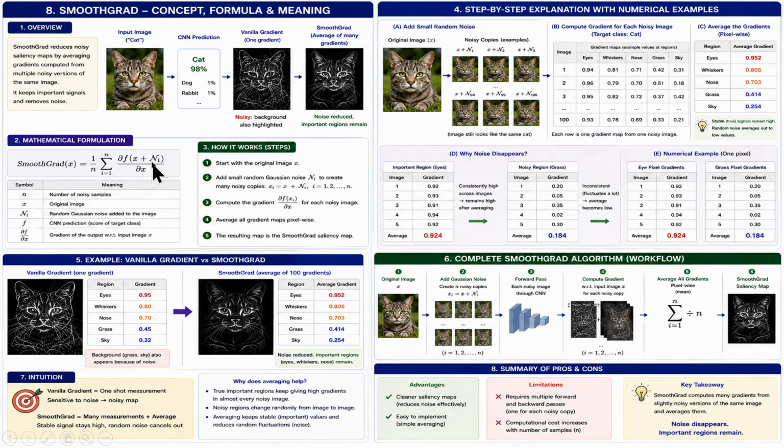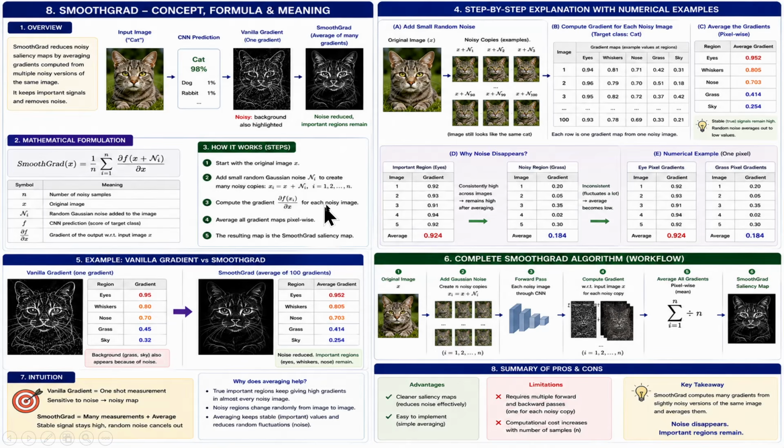When you add noise and then you obtain the gradients, we try to make the model produce smooth edges, a smooth image. We start with the original image, add some random noise to create many noisy copies,